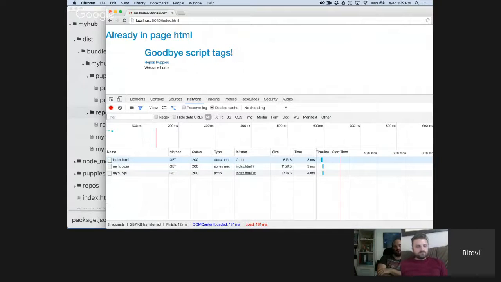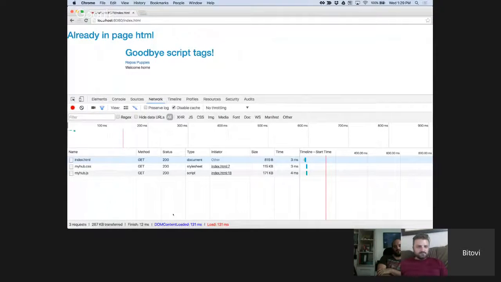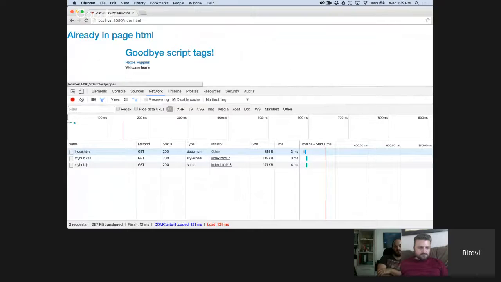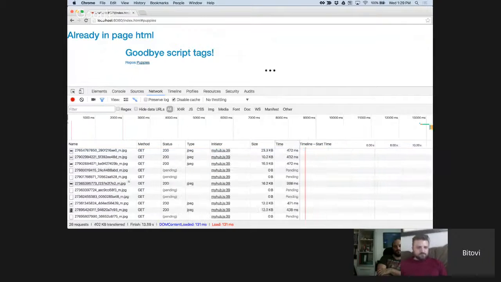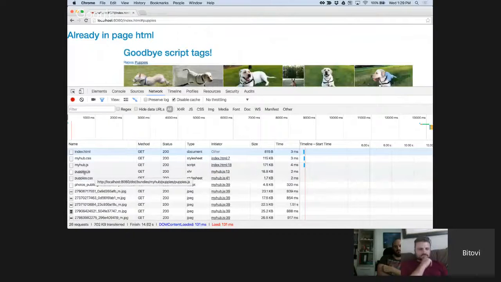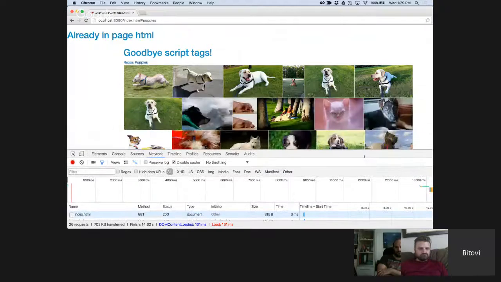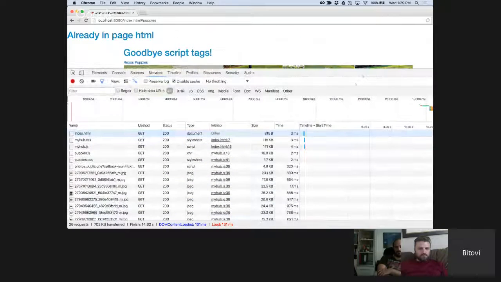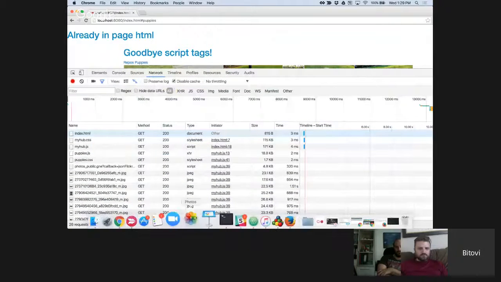I assume it's a little bit smaller amount of kilobytes it's transferring, especially when we go to puppies, it's going to load that 18 kilobytes needed and 1.7 kilobytes needed for the CSS and JavaScript to power this puppies page. So that's it. That is how to make a progressively loaded,